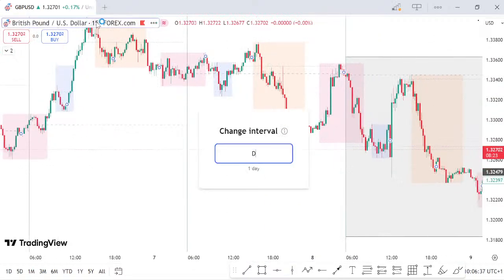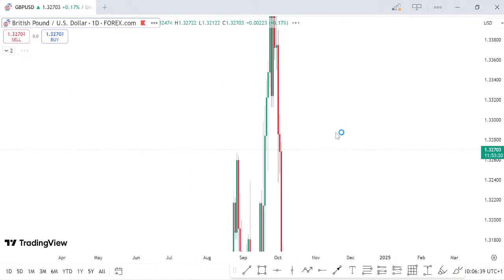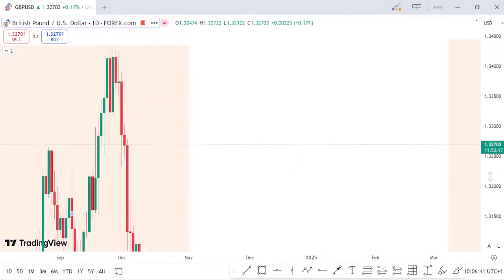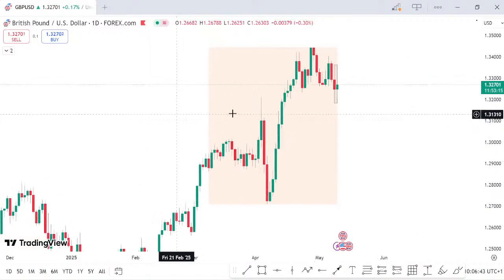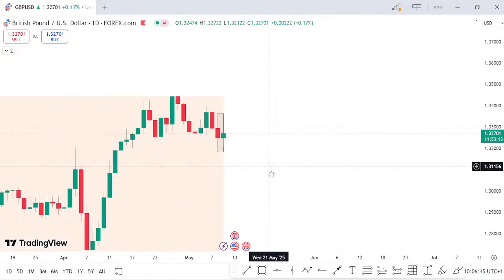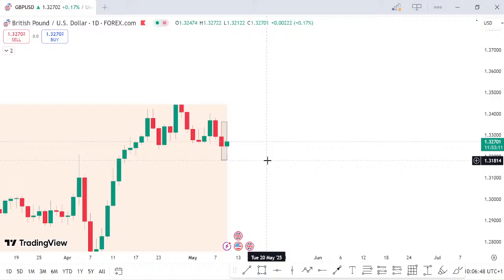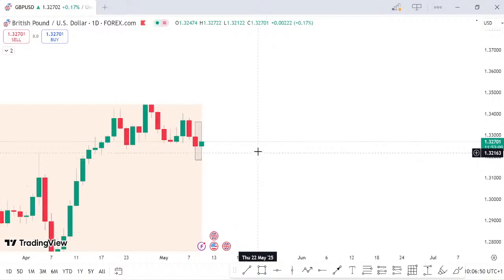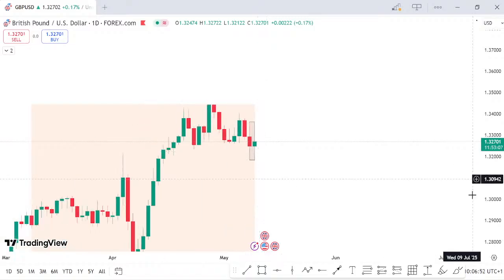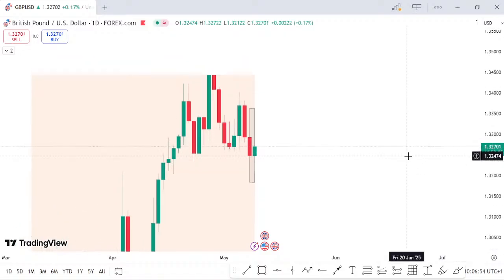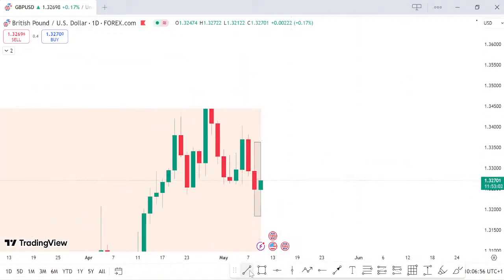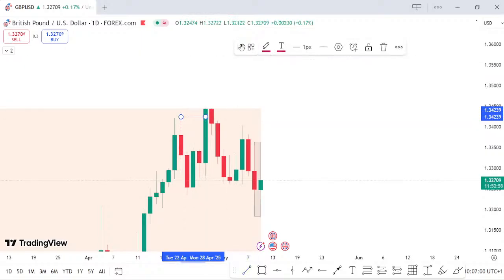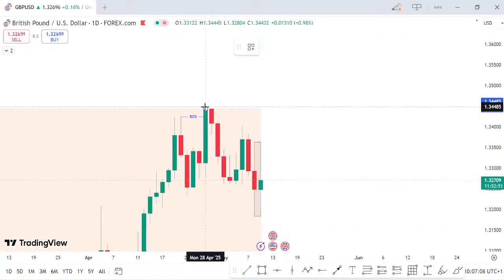You start from the daily time frame to give you a broader view of what the market is actually saying, before you start breaking it down. Let me make it very big. If you look at the daily time frame, you can see that at this point the market broke structure. So we are expecting the market to pull up and take out